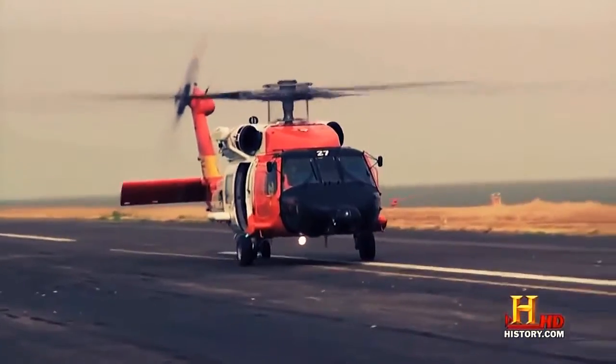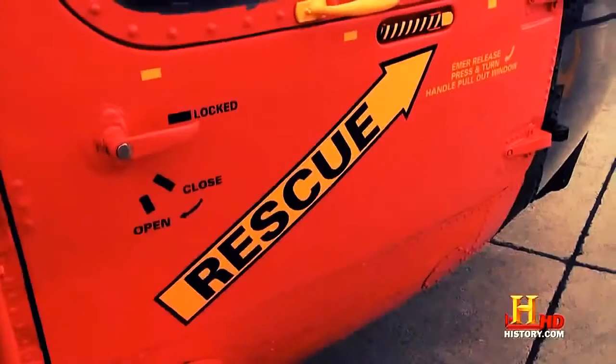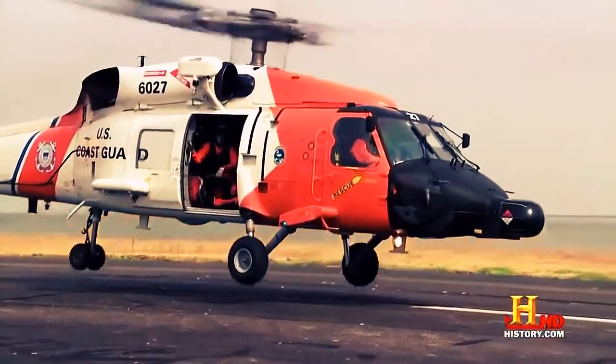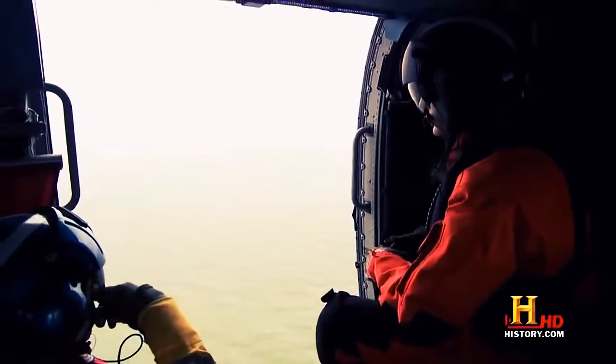The Jayhawk conducts a number of missions, including security patrols and disaster relief, but it's primarily responsible for search and rescue missions. Modern Marvels joined this training exercise in the Gulf of Mexico. Guys, we've been diverted to go search for a person in the water. You want to show up on scene and do a sector search and stand by to recover anybody we find